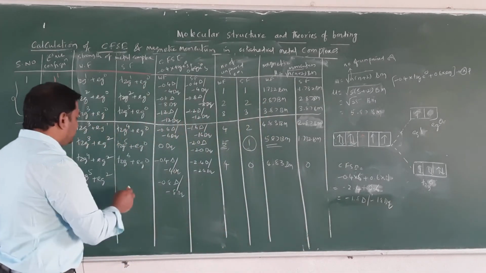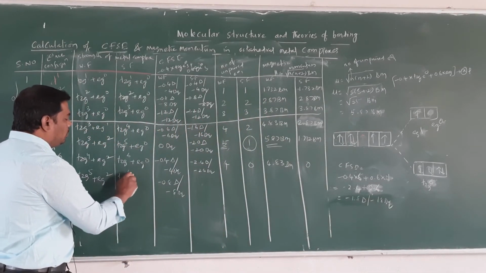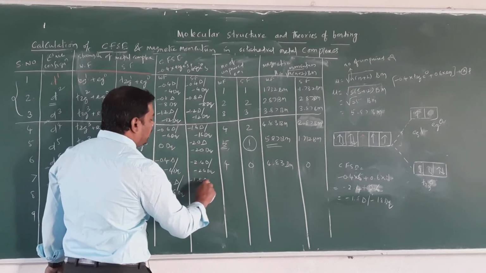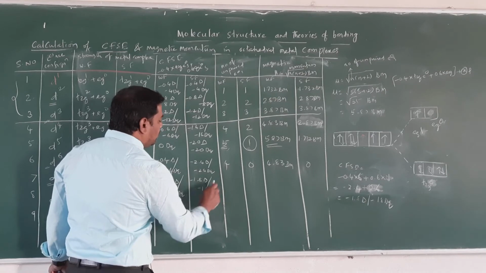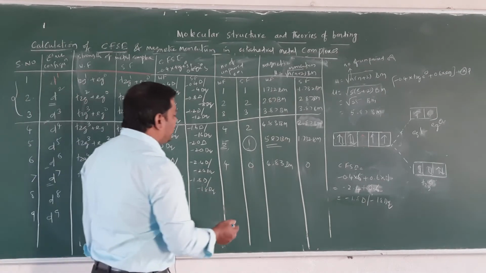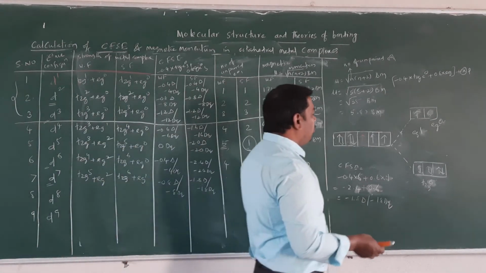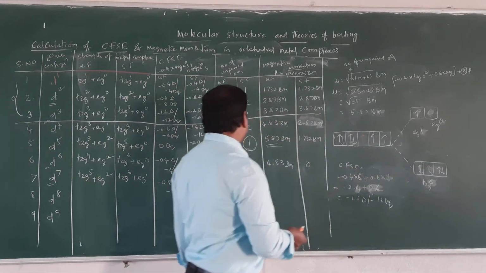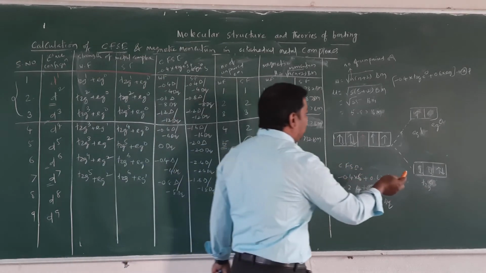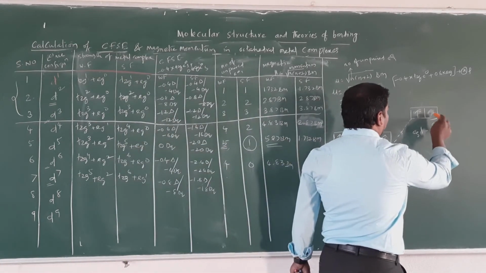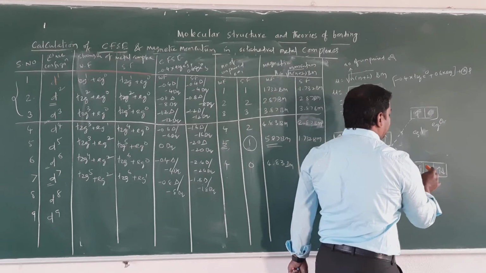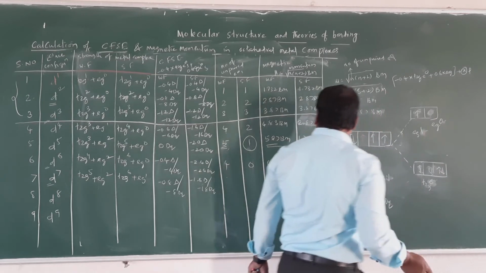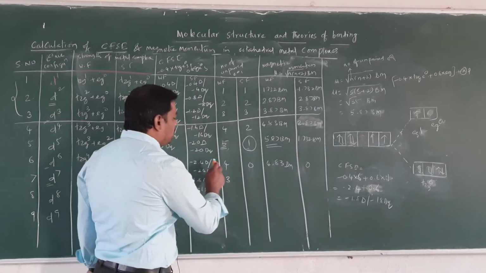So here the value, in this case t2g6 plus eg1, is minus 1.8 delta or minus 18 Dq. Here, the number of unpaired electrons in the weak field complex is equal to 3 only, because here 1, 2, 3, 4, 5, 6 paired up, 7 paired up, and the remaining unpaired electrons are 1, 2, 3. So therefore here the number of unpaired electrons is 3.